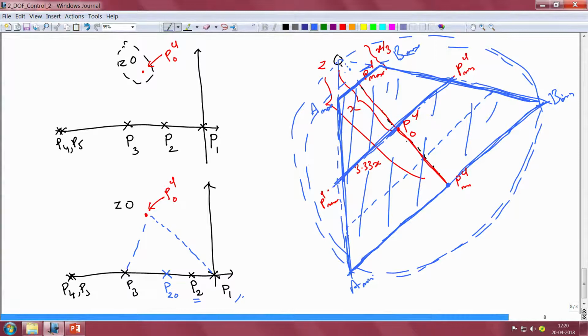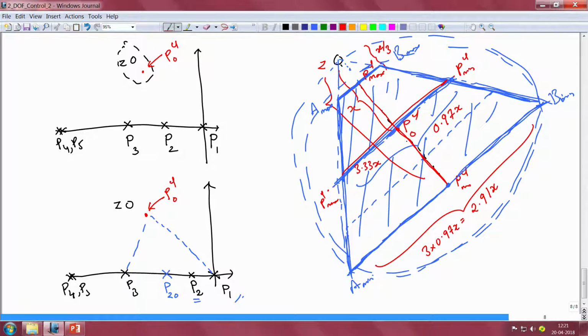Now, the reason we undertook this step was because there are ready made expressions in trigonometry that will allow us to determine the diameter of the circle that circumscribes the triangle Z A min B min. In particular, if the distance from the point Z to the point PCL naught is x, we noted from our discussions in the previous clip that the distance PCL max PCL min is going to be equal to 0.97 x, and since A min B min is going to be 3 times the length of PCL max PCL min, which is the red curve that I just highlighted, we would have this distance A min B min to be 3 times 0.97 x, which essentially is going to be equal to 2.91 x. That is the length of the line A min B min.